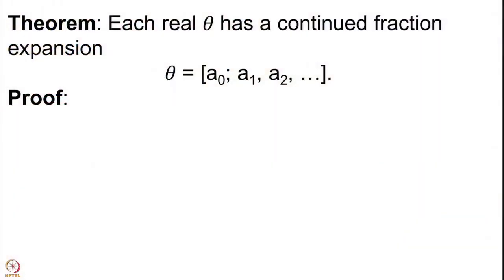We assume that there is this recurrence relation for Pn and Qn. We also assume that the successive Pn and Qn, the integers appearing as numerator and denominator for the successive convergents, satisfy that their difference is minus 1 power n plus 1. Then we also assume the third lemma which says that theta is sandwiched between the convergents, the even one before theta and the odd ones after theta. And finally that the Qn's go to infinity, the denominators Qn go to infinity. So, with these 4 lemmas we go towards our proof.